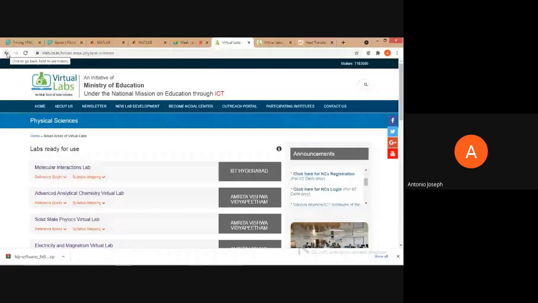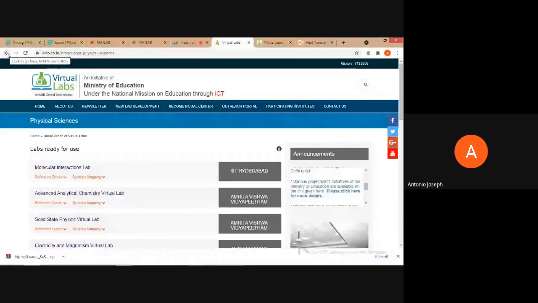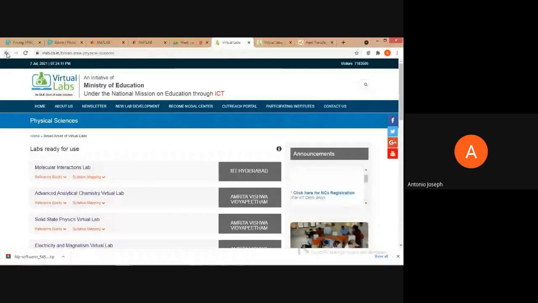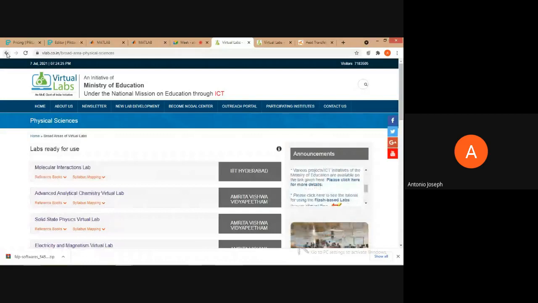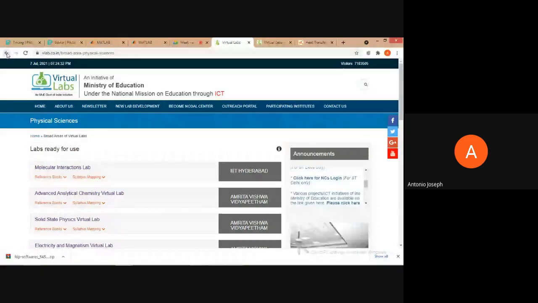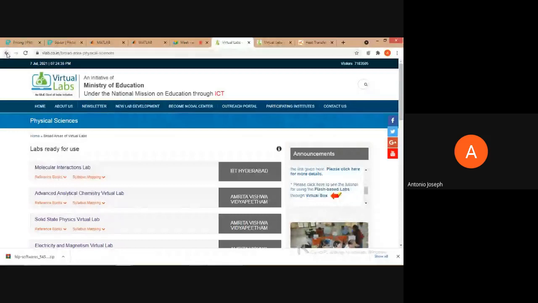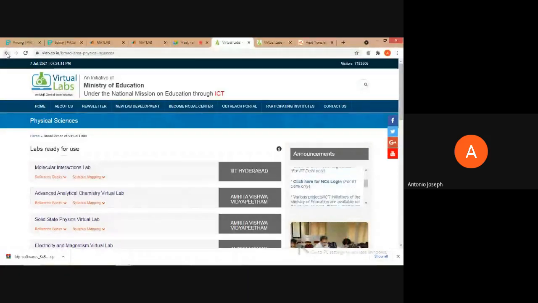This VLab is being included in this, but we cannot assure that all the virtual labs available right now are included in this one. Only the virtual labs available from the collaborating institutions are included in this particular platform, and we can access them freely, with no need of signing up or creating an account. For some specific purposes, they will ask us to download some software for simulating, or to log in for doing the simulations, as I had shown in the case of that Amrita virtual lab. So that's it, sir.